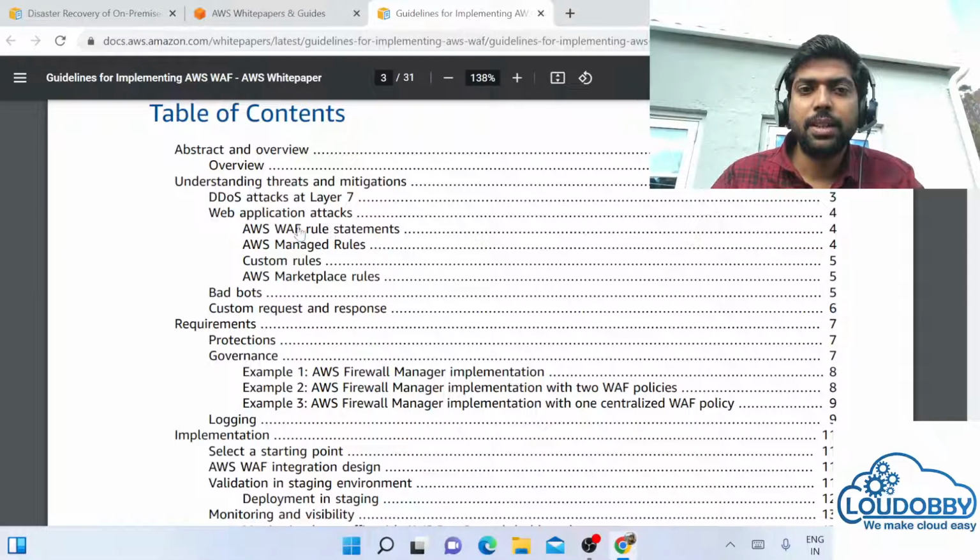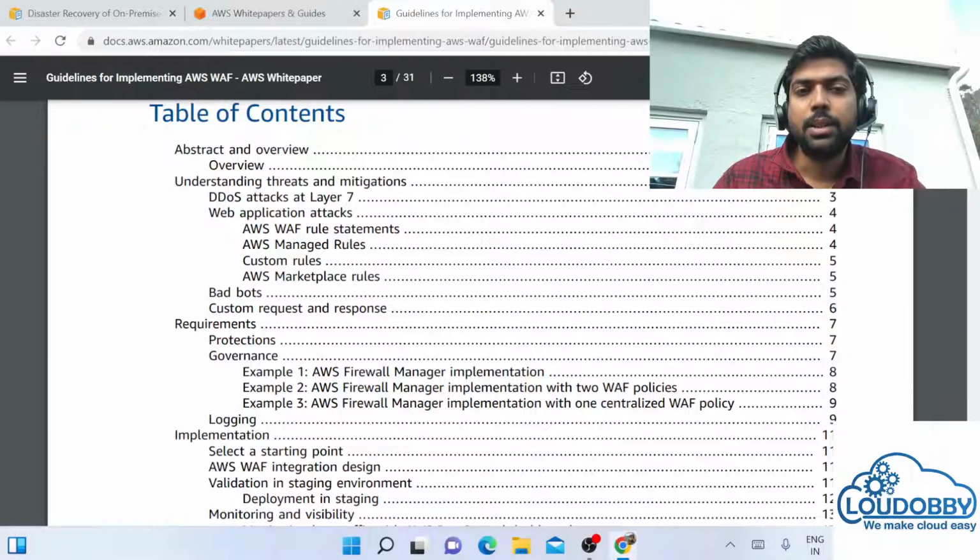For web application attacks, we need to see how we can have rules in WAF, how we can manage those rules, and how we can make our custom rules, because when we build an application we might use different port numbers, so we need customized rules.